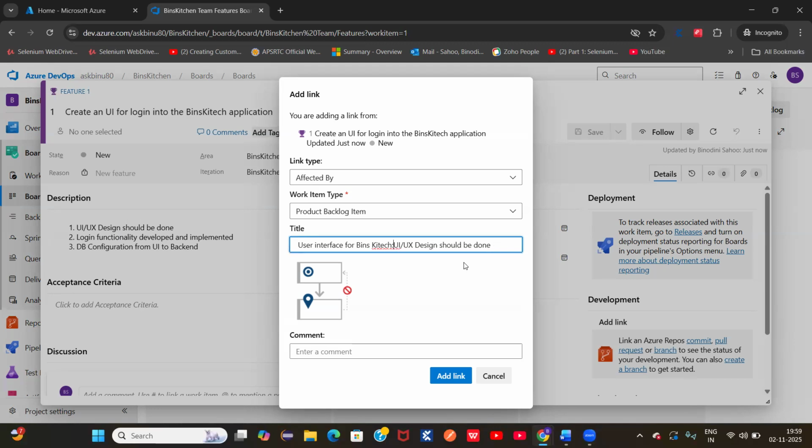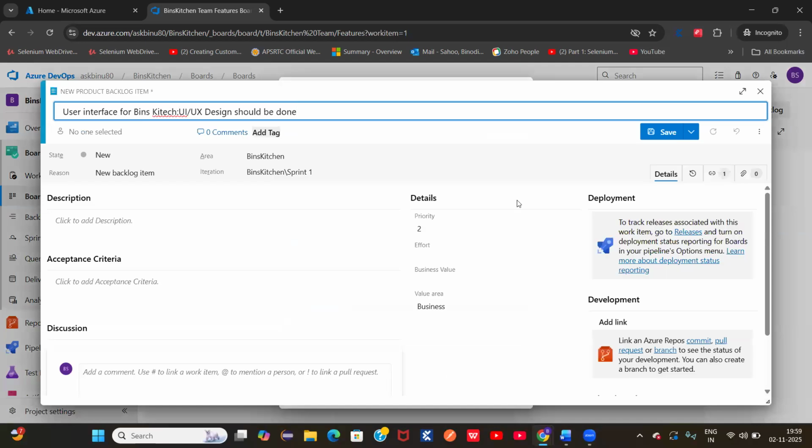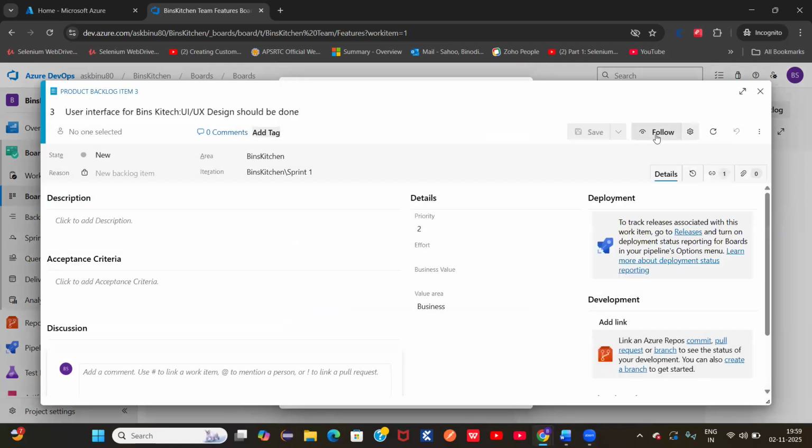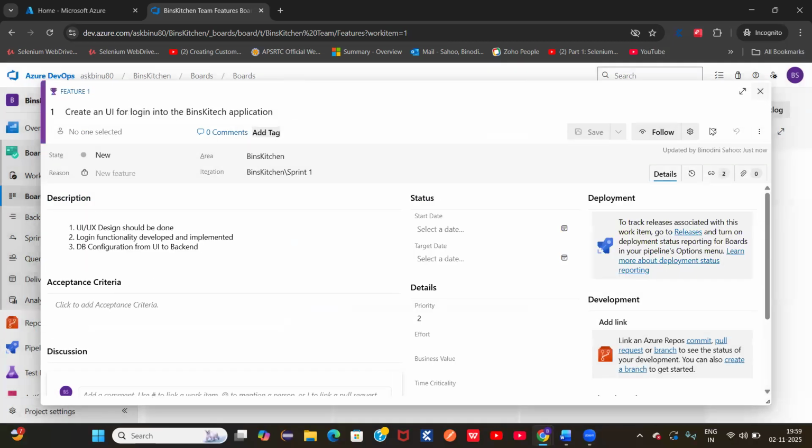UIX should be done. Okay. So I am adding this link, and here whatever the UI UX team need to be add the description. So saving this, then the second work item,